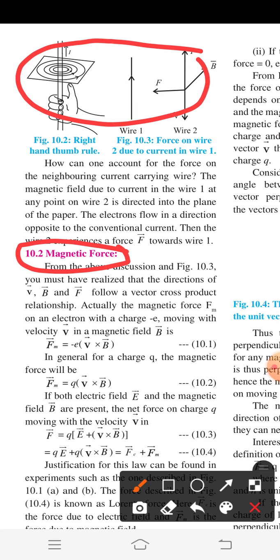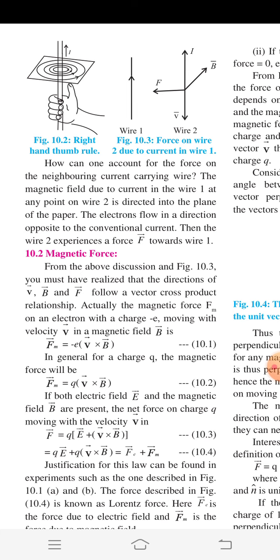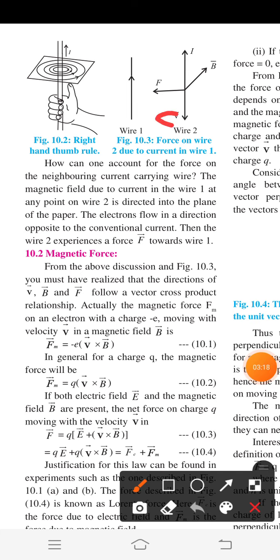From this figure 10.3b, we understand that v bar velocity, B bar magnetic field and F force experienced on wire 2 towards wire 1 follow a vector cross product relationship. Actually the magnetic force Fm